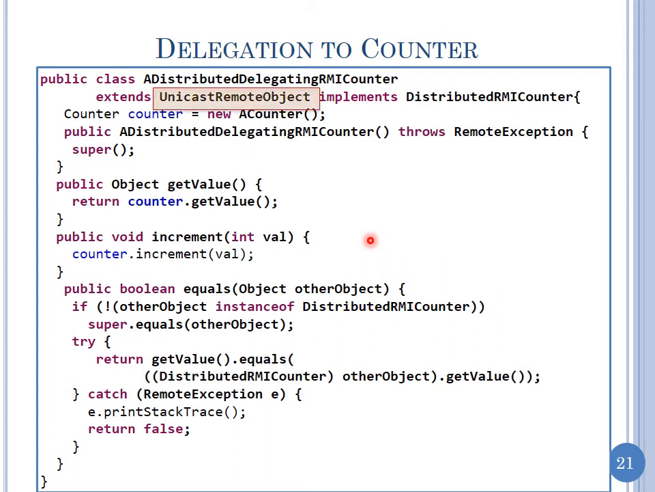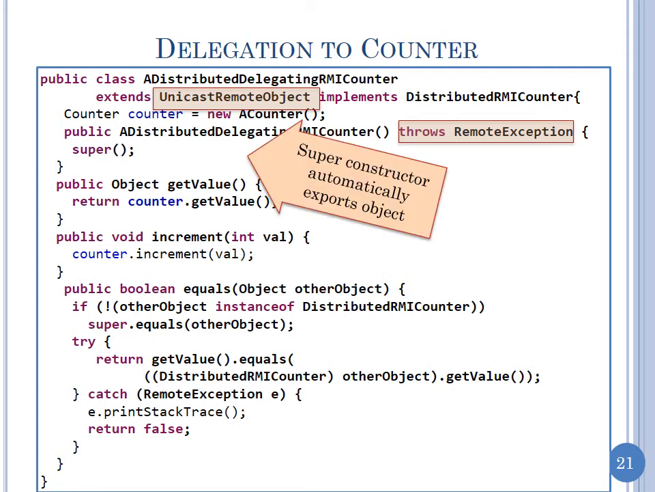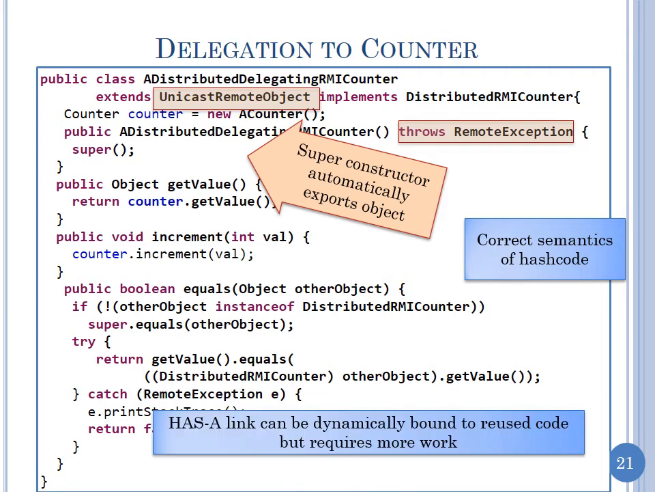So we extend UnicastRemoteObject, and like I said, that's a proper way of doing it, because your hash codes are the same. Your super better throw RemoteException. Your constructor better throw RemoteException. So the superconstructor automatically exports the object, gives correct semantics of hash code, and has a link. Delegation requires more work, but it's more